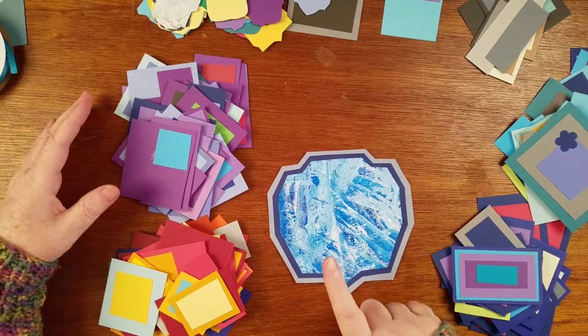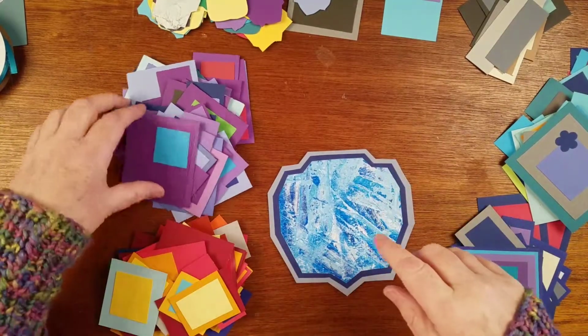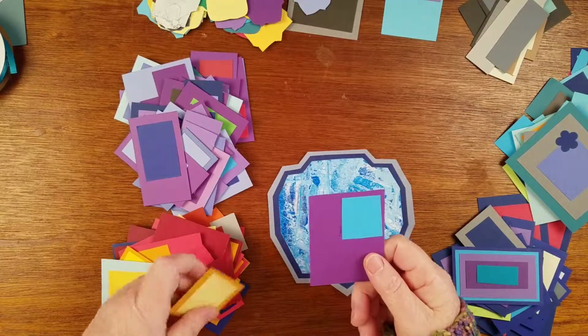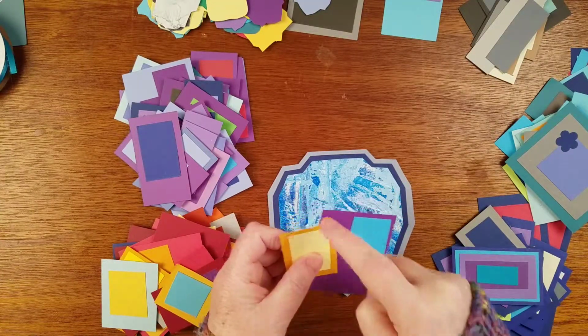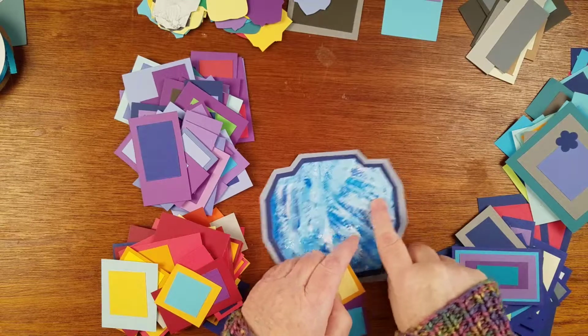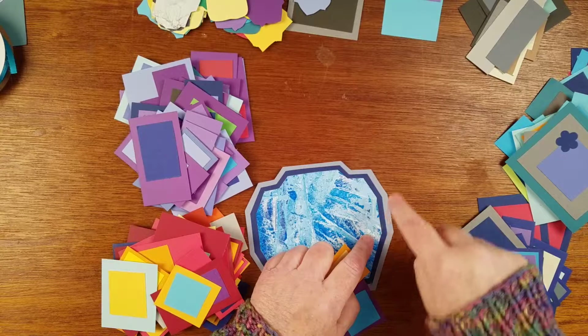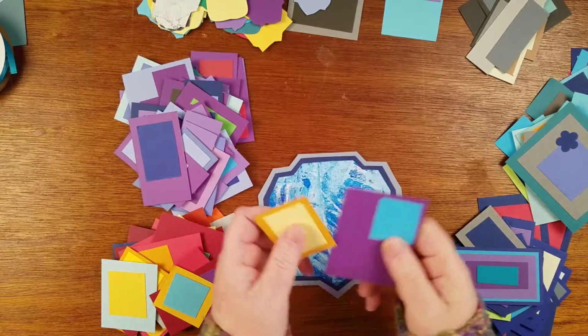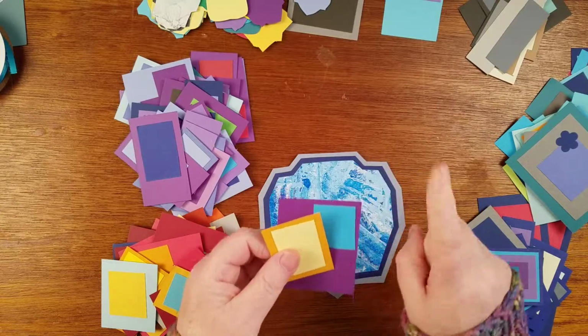So before, I wanted to take cards like these and put a third ring of color around them, just like this one. This is the main card with a dark blue echo and then a gray echo. And these only have one echo, so I want to put 2 on them. However,